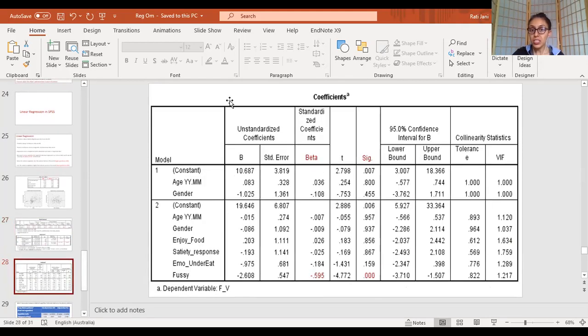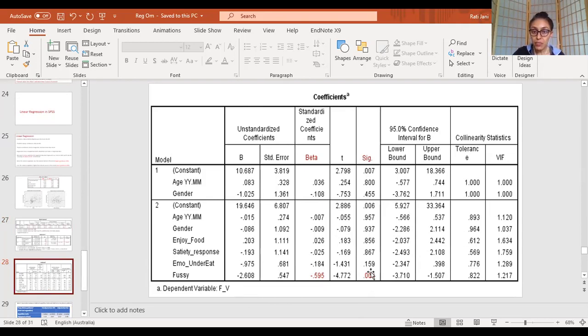Then over here, this is what is produced again. You know how, when you learned Pearson's correlation, you were reporting R values and the P value. In regression, you report the beta value, which is your standardized value. Standardized value is important because you can compare it across papers. So you report standardized coefficients, which is your beta value, and your P value, which is your significance. And if you see over here, collinearity statistics, if we learned about the tolerance and the variance inflation factor for multicollinearity, this is it. This is the statistics for that.